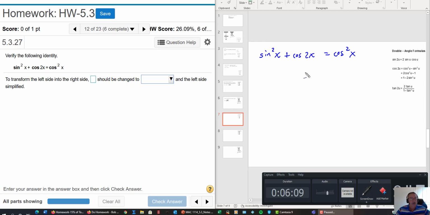All right, so again, if you're verifying something, you've got to get everything here in terms of cosine squared, so right away, you're going to use your Pythagorean identity on sine squared, and hopefully you would just do this automatically because you know everything's got to end up